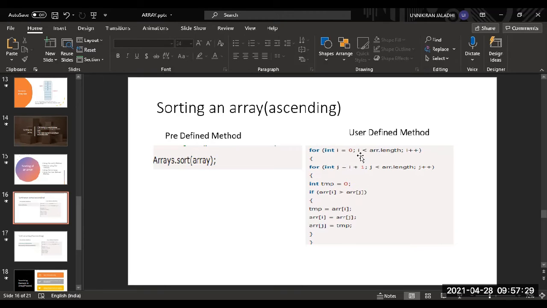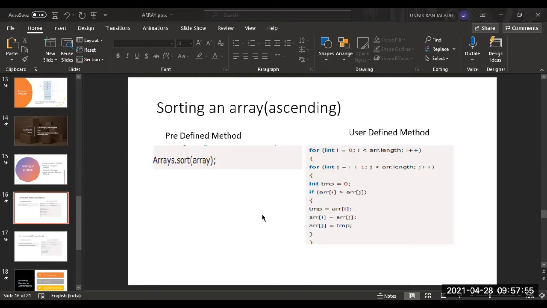So j starts with i plus 1, and then we assign to temporary if the value is greater. So here it is doing a general linear sorting. Let me show you one thing, you can understand very easily what it will do.